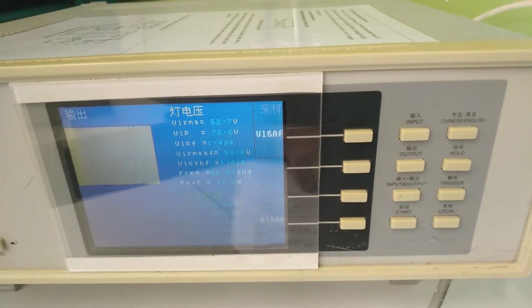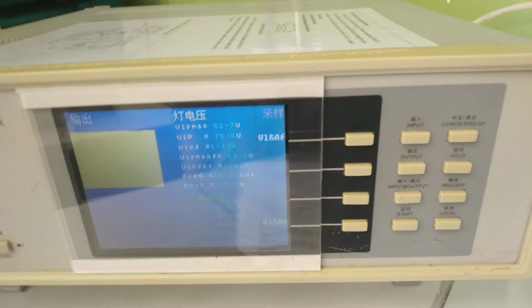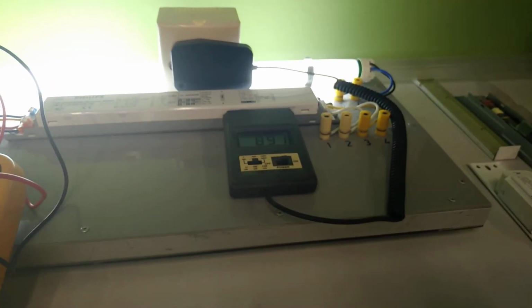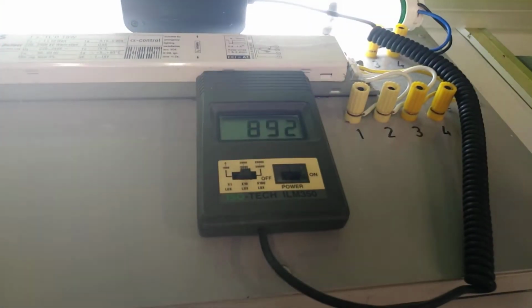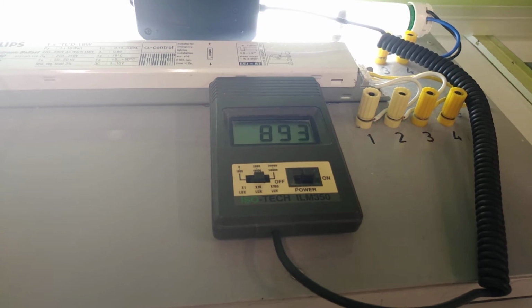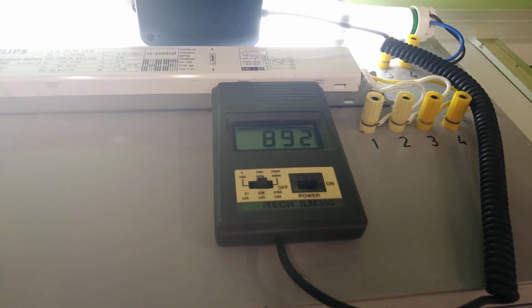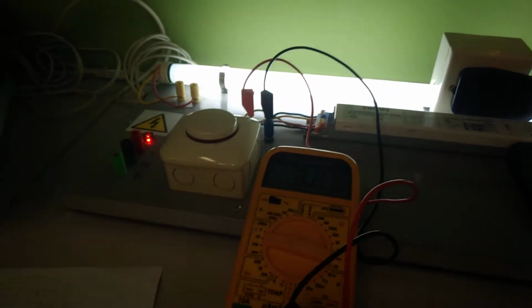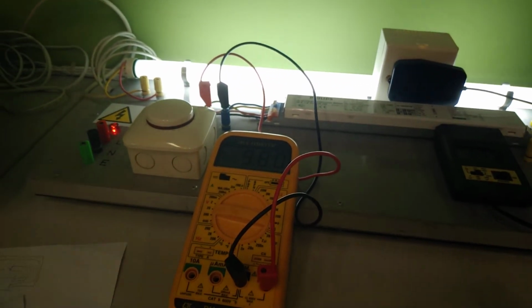Next is the light output. Now this output is 100% output. We can see the value shown here, about 900 to 892. Okay, we need to measure this data and record them